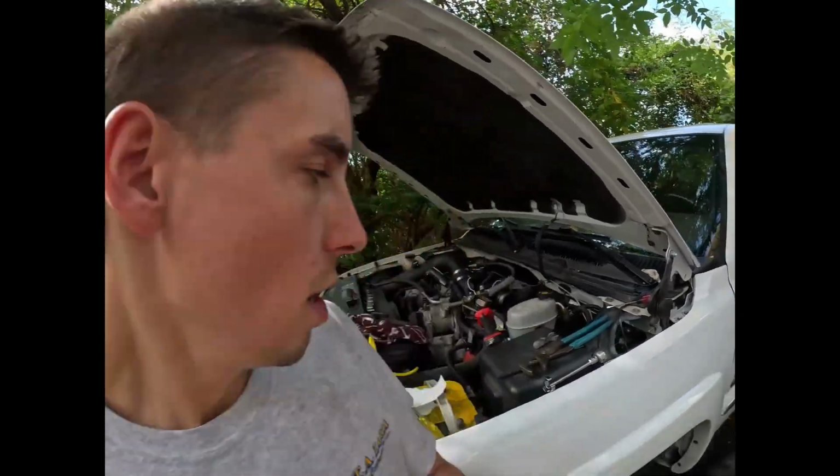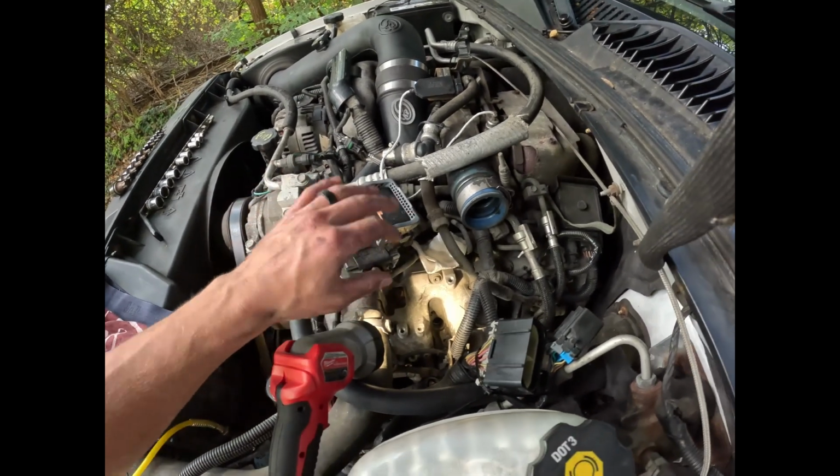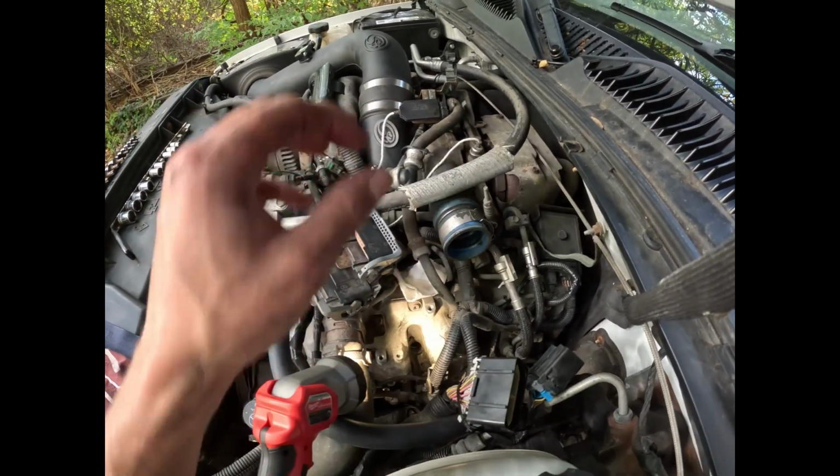So alright, I got the injector out. I'll show you the process that I went through to get it out, and some of the challenges, and the special stuff you have to do to get the number 4 injector out. I think it's pretty common for all of them, but for this particular one, there are a couple of unique things. First, like I showed before, the connectors are out, and the bracket that holds all these connectors is out of the way,